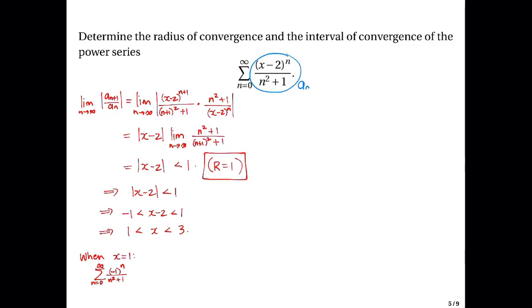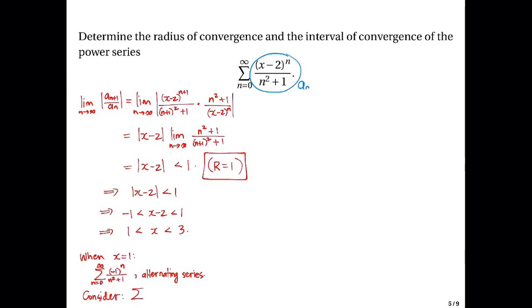Okay? And then what? This is an alternating series. But anyway, instead of using alternating series tests, we'll use absolute convergence tests. Okay? So we consider, instead, we consider